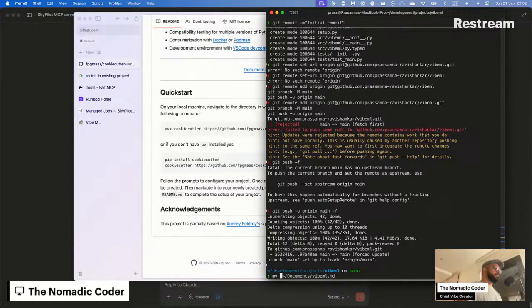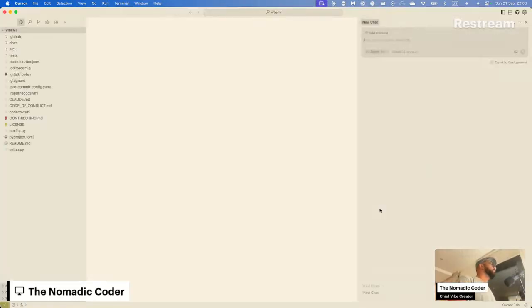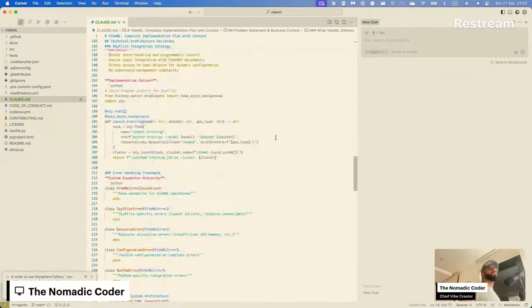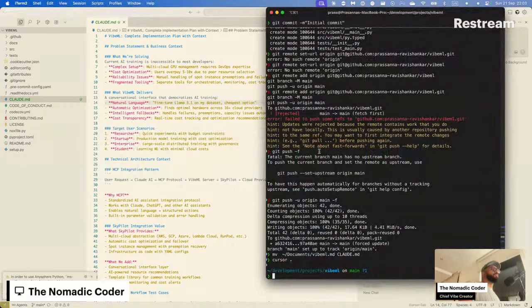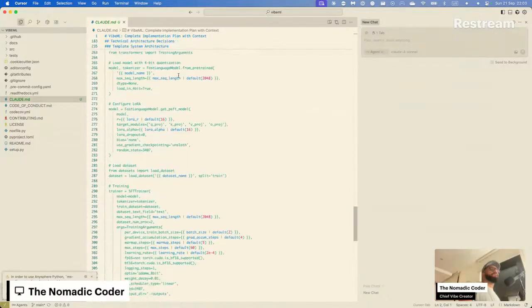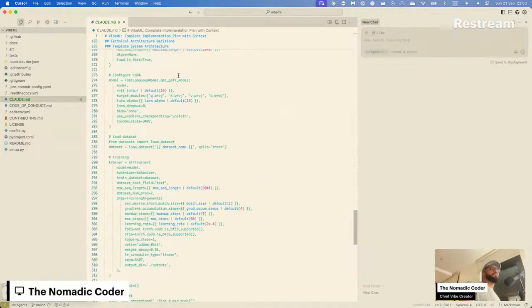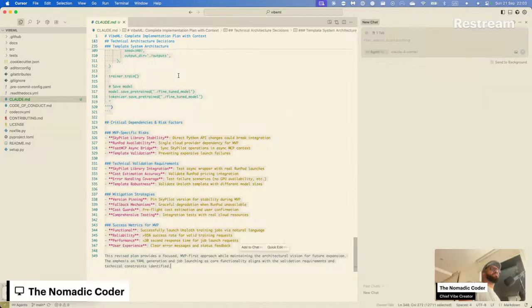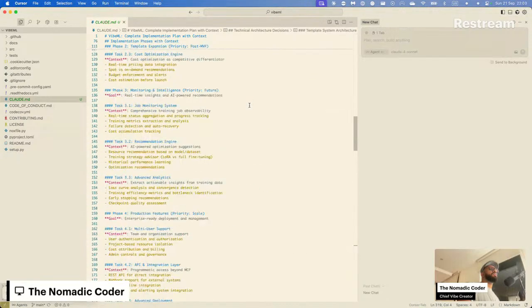Let me copy that back here as claude.md. Actually, that sounds good enough. Template system architecture. No, what's going on? I don't like this.